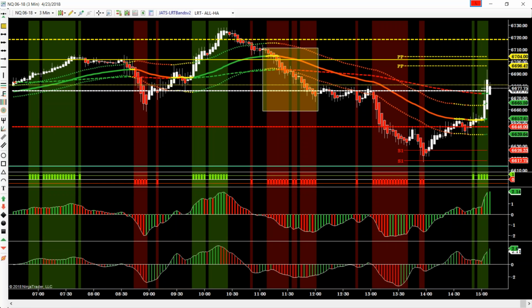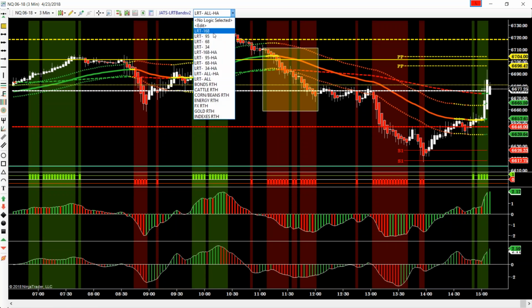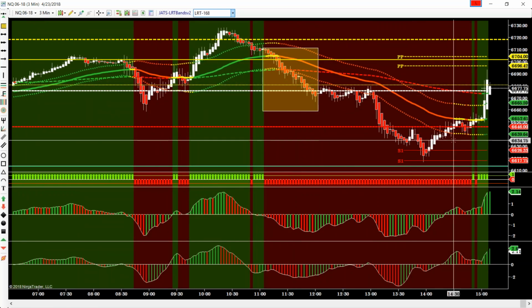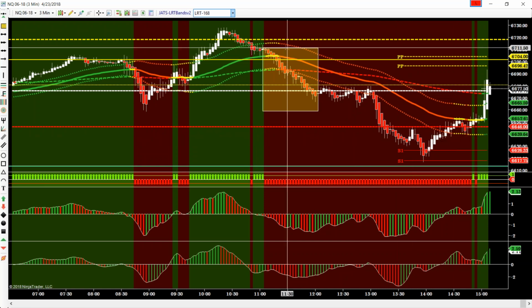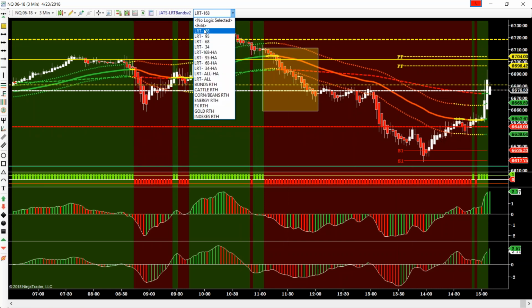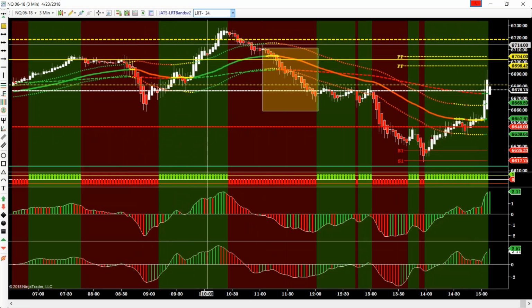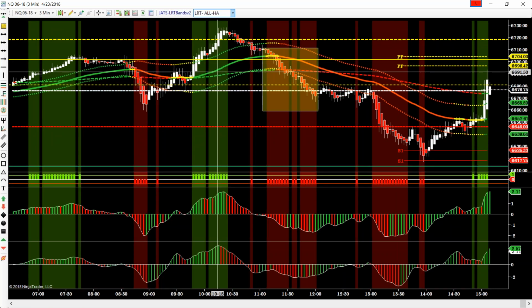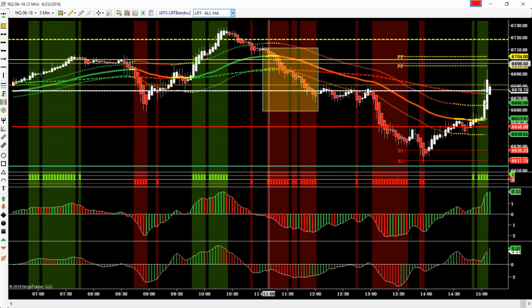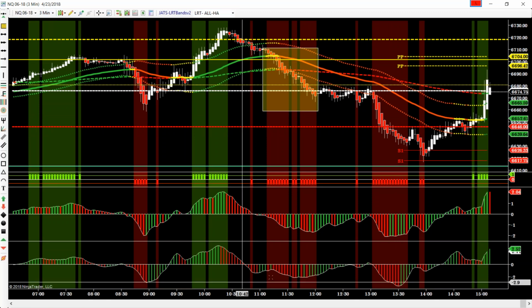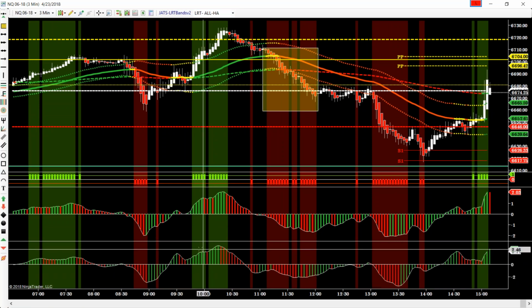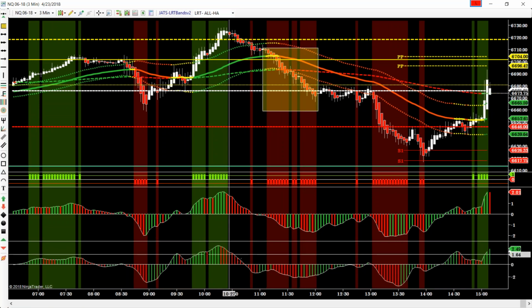So this is the linear regression template, and I set up my envelope for the trend, the large trend, medium, small, and when I envelope them all together, this is when price has a chance of going directionally one way or the other. And various time frames you can put this on. I've got it on a 3-minute chart right now. I've got a new linear regression indicator on the bottom, and